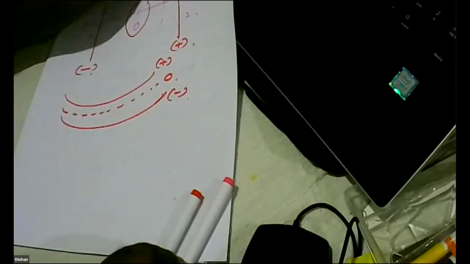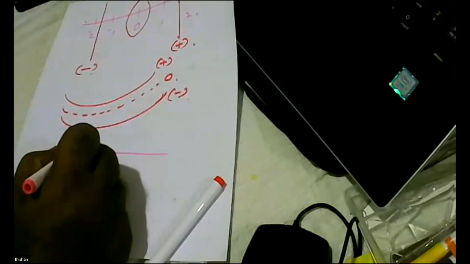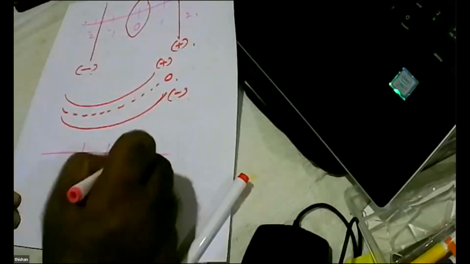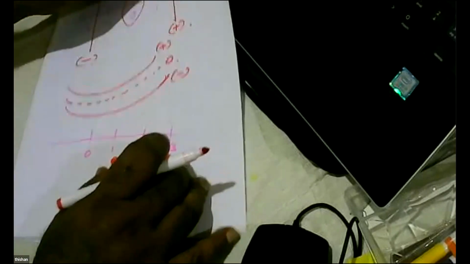Now let's assume another situation. We are looking for 0. That is 0, 1, 2, 3. Now let's say when we fit the cable at the lower limit, we get a value here. When we fit the cable in the upper limit, we get a value here. What will happen? We will never ever get a 0 in between. That means if we do not satisfy a condition like this, we are not going to